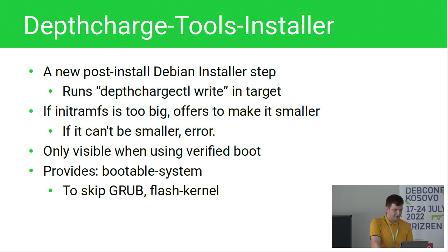So with these, I made a depthcharge-tools-installer udeb package, which is a post-install step that runs the command I've been doing in the target. It would be a shame if it failed when the initramfs is too big, so it offers to make it smaller by reconfiguring the initramfs-tools configuration. If at the maximum compression and using only dependent modules it cannot be any smaller, it just has to give an error,